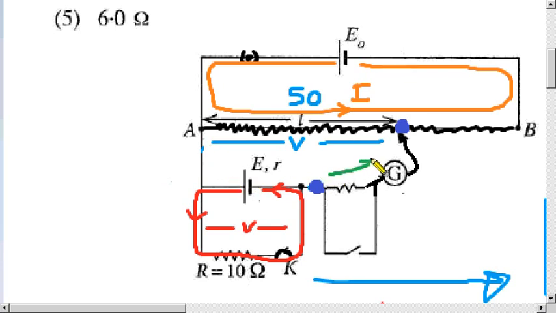If there is no current here, the current must come from here, but if there is no current here, there is also no current here. So therefore this line also has no current, therefore this potential must equal this potential at this point. There is no potential difference, delta V equals 0 here as well. So therefore the potentials must be equal